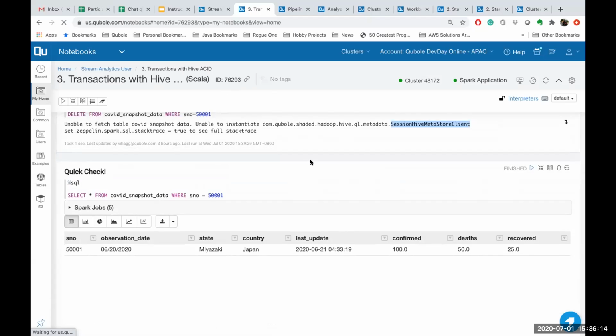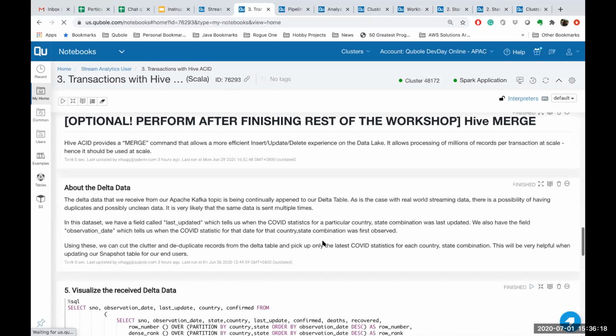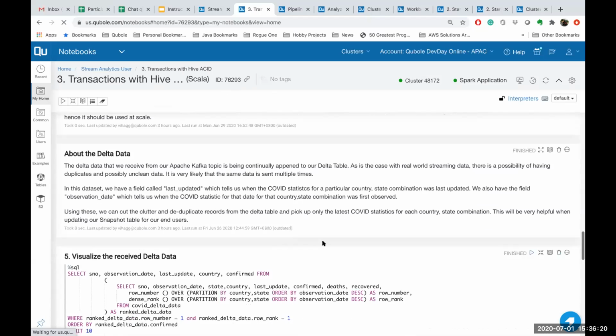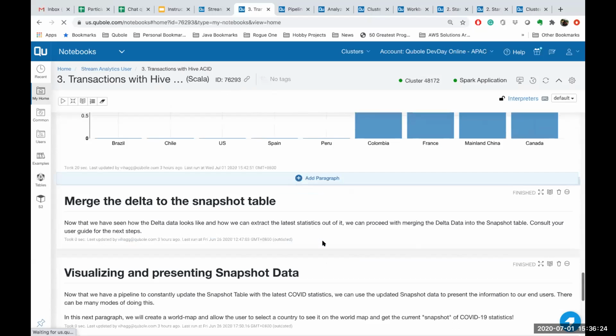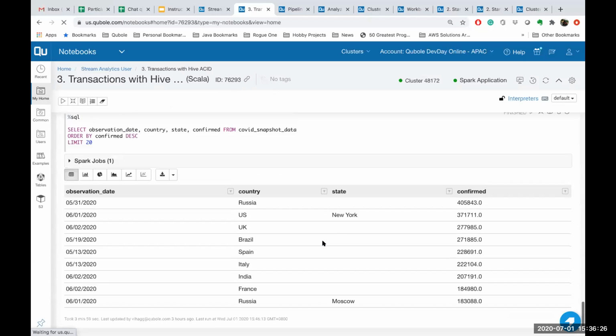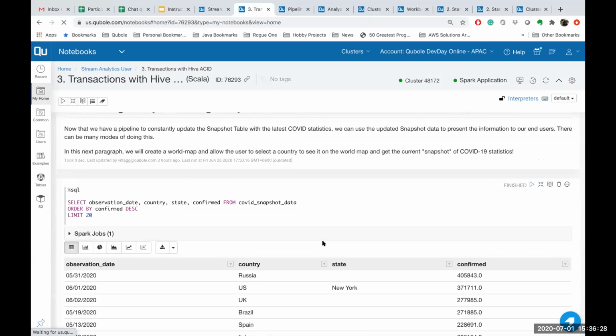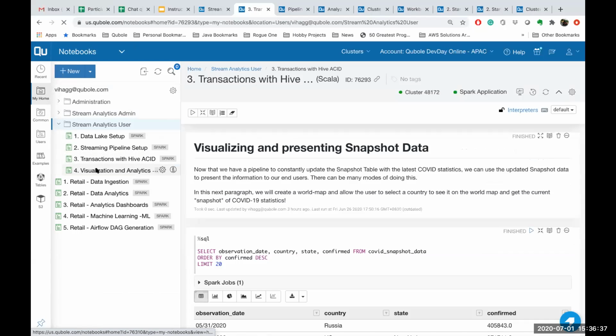So you saw inserts, updates, and deletes. You also saw an advanced case of merging, right? So once you have done the merge, you can actually go ahead and do some visualizations on top of that as well. But we'll sort of skip that in my own presentation. Once you have done that, you can go ahead and go to your final section,